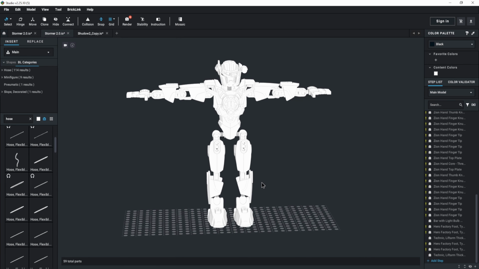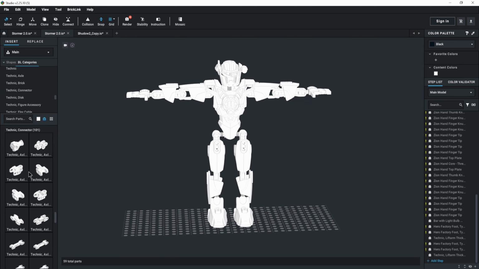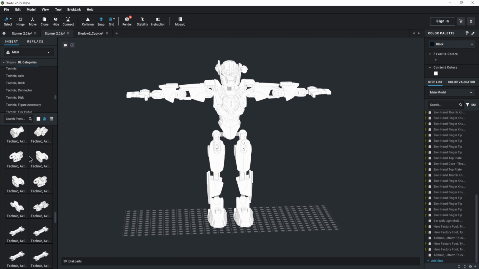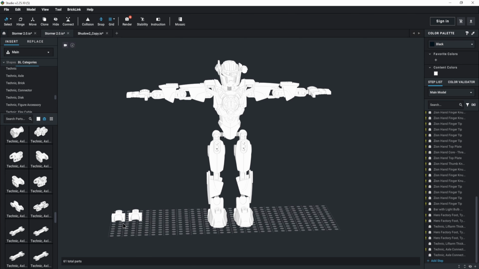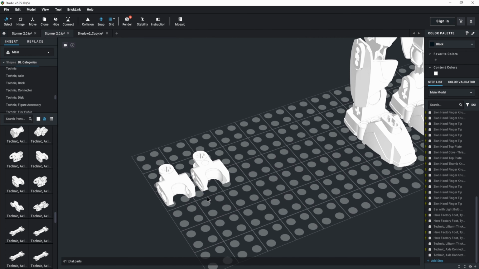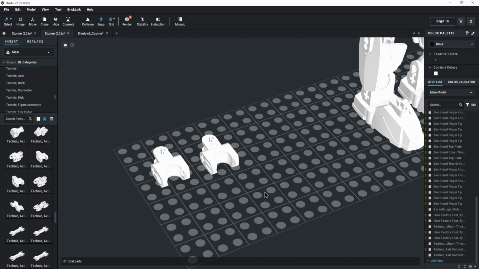So the last rule is good practices. When you're building models in Studio, it's a very good practice to use parts that are similar. What do I mean by that? Well, I'll give you a great example. Sometimes whenever you're building a mock, you tend to use parts that look similar, but they're actually different. So for example, there's 4 different kinds of these Modahan pieces now. So you have this one, and you have this one, and these two look very similar, but they actually have different data, obviously, because they have different part numbers. But basically, what people will do is they'll use this piece, but somewhere along the way while they're building, they'll